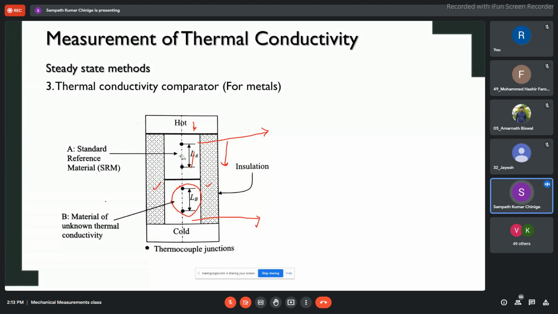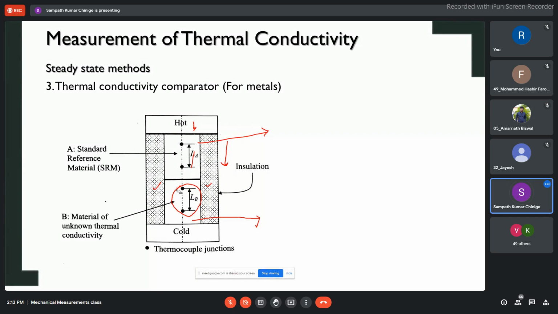So there are so many things. If you actually do a measurement, there are so many things that you need to take into picture. Simply keeping one above the other will not give QA equal to QB. The assumption may not be 100% correct. Some errors will come, which may be repetitive in nature. So you have to reduce the air gap in between. What you can do is use high thermal conductivity grease or something. If you put it in between, then it will be a solution.